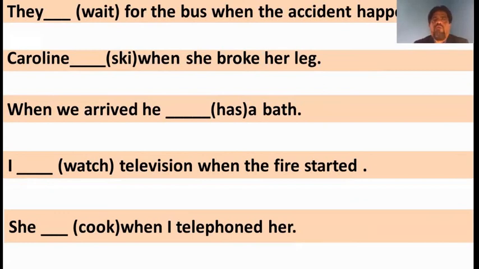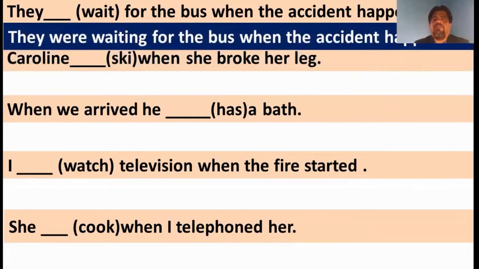They dash wait, the verb, for the bus when the accident happened. How can we change it into past continuous? They, the subject, is plural. Therefore, the helping verb must be were. So they were waiting for the bus when the accident happened. Simple as such. And Caroline